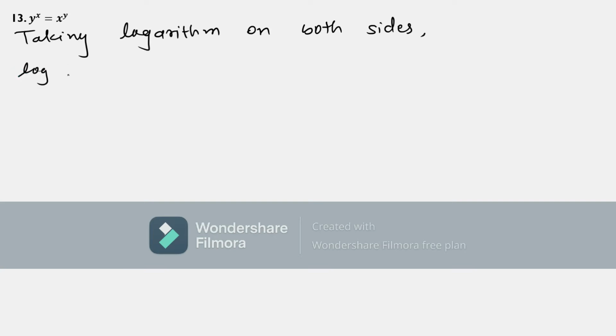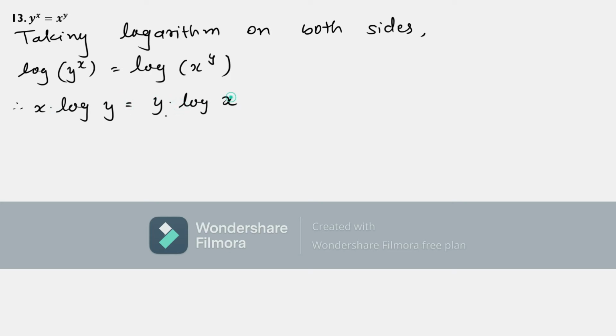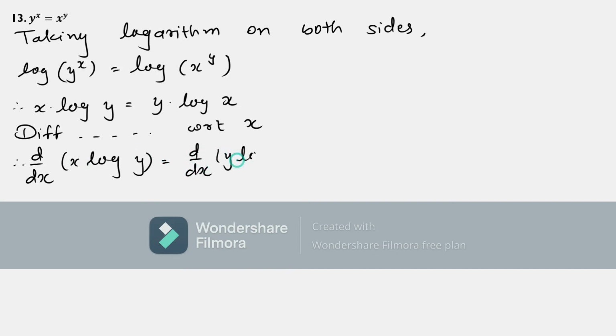That means log of y to the power x is equal to log of x to the power y. That means power will be always multiplied with log thing, and here y is out, so y is multiplied with this thing. Now you can see both the sides we have product of two functions. That means I can directly differentiate with respect to x on both sides. Differentiating both sides with respect to x will be giving me here differentiation d by dx of x log y. Right side differentiation will give me d by dx of y log x. And here I can see first quantity as it is, second differentiation. That way that product rule only could be seen easily.